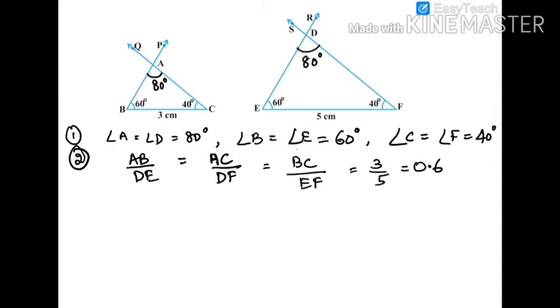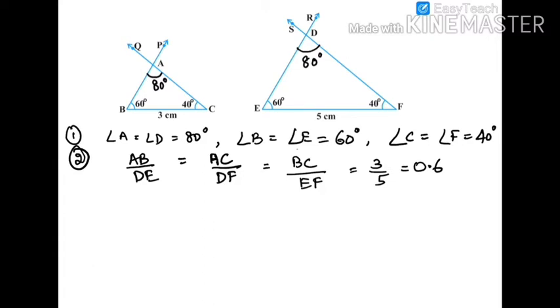So if we just know that two corresponding angles of these two triangles are equal, then the third angle will also be equal and the corresponding sides will be proportional. This can be confirmed by actual measurement. So we can say that these two triangles are similar. So what was the minimum information given to us about these two triangles? We just need to know two corresponding angles equal in two triangles.